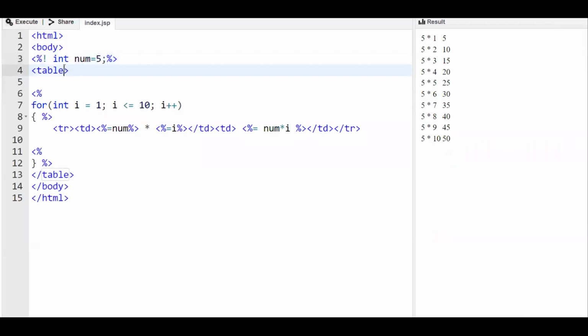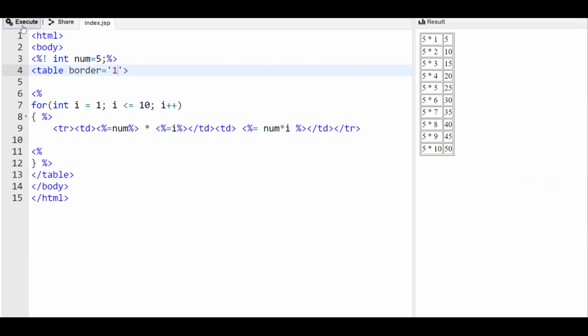If you want the tabular structure, we have to put the border attribute. Now it is showing the border. So this is how HTML and JSP work together in formatting an HTML page.